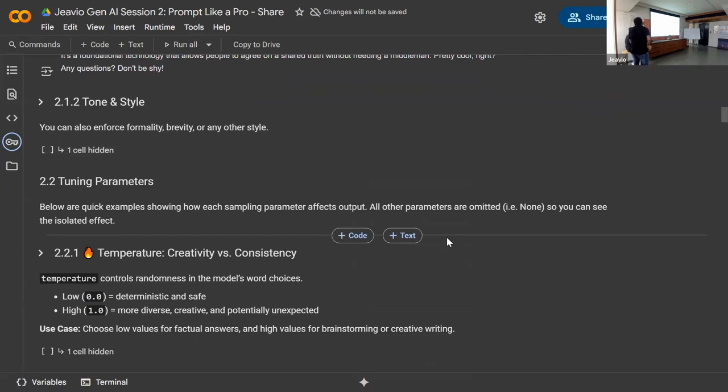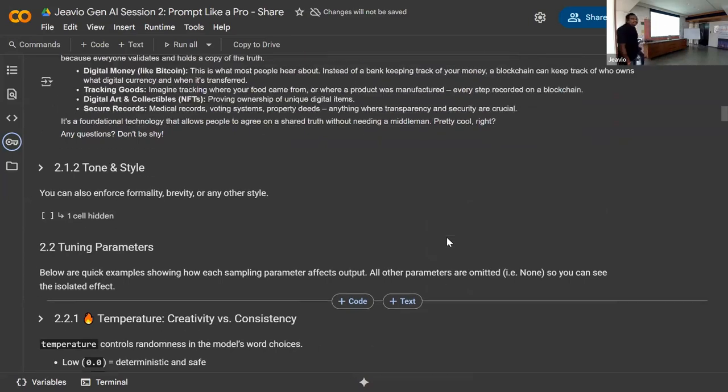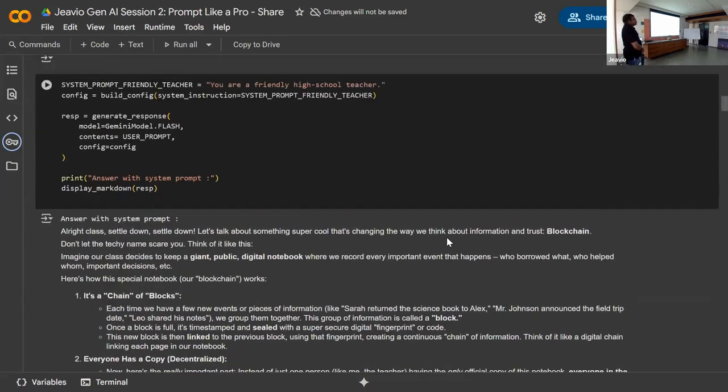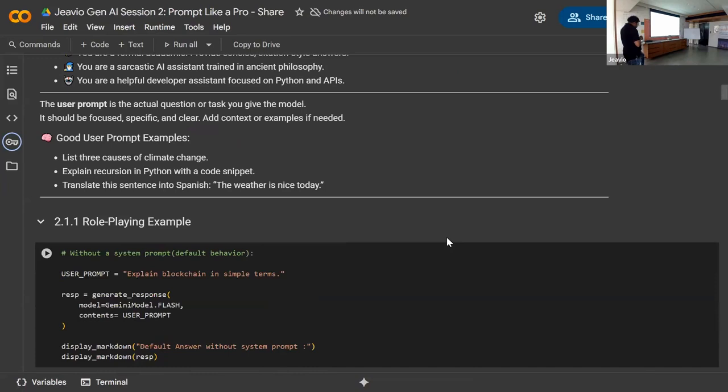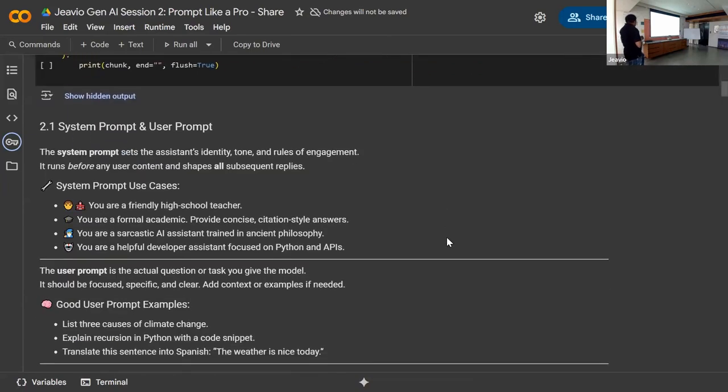We'll start with the basics of how we write the prompts. There are mainly two types of sections: one is the system prompt and one is the user prompt. The system prompt is where you provide the context, where you set the tone, what you want the LLM to be. This is where you can also provide a role to the LLM so that it can depict that role and then provide the answer based on the role.